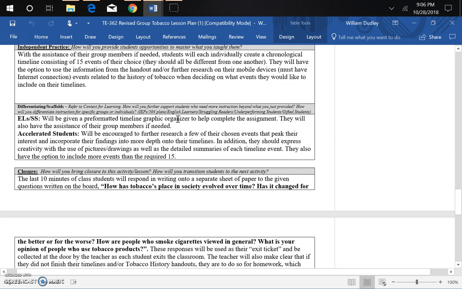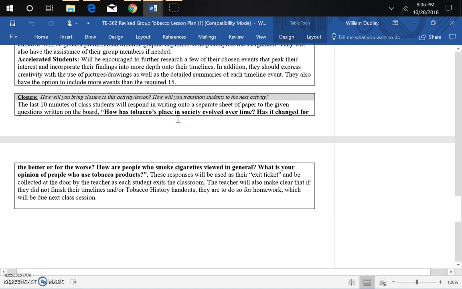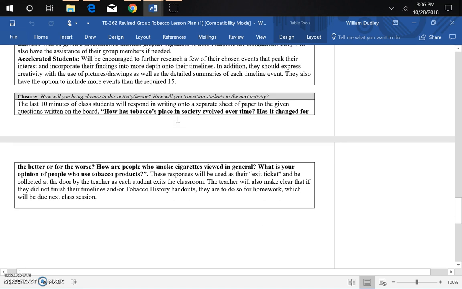Differentiating, so we give a more pre-formatted organizer for English learners and struggling students. Accelerated students, give them the option to have more than 15 events or make a more detailed timeline as they so choose. And finally, the closure is a quick write, just a reflection on what,